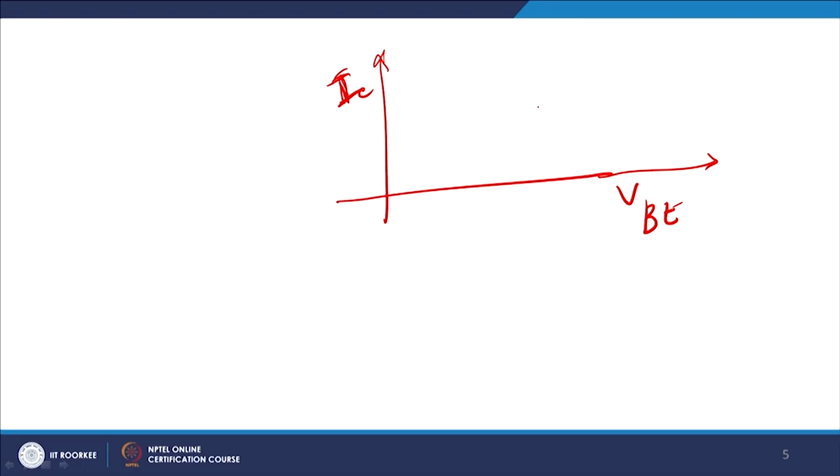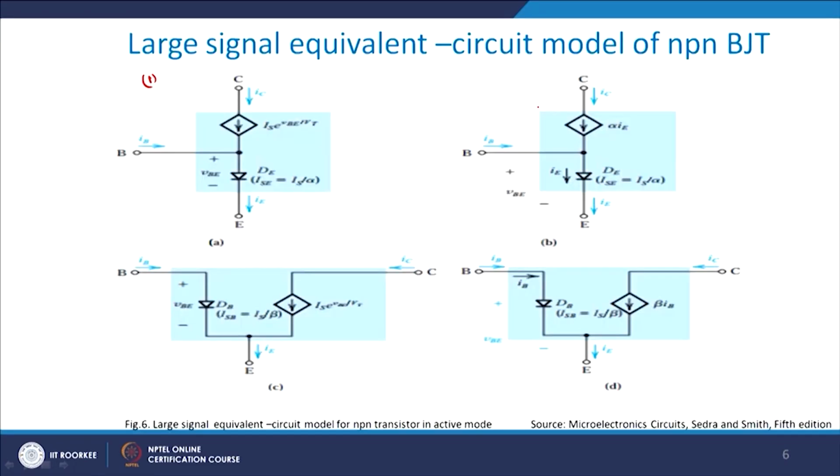If you look very carefully, if I plot VBE versus IC, the collector current, this is the IC versus VBE of any typical bipolar technology which you see. If that is the case, we assume that the base side potential is always fixed, does not vary to a larger extent, and therefore the collector